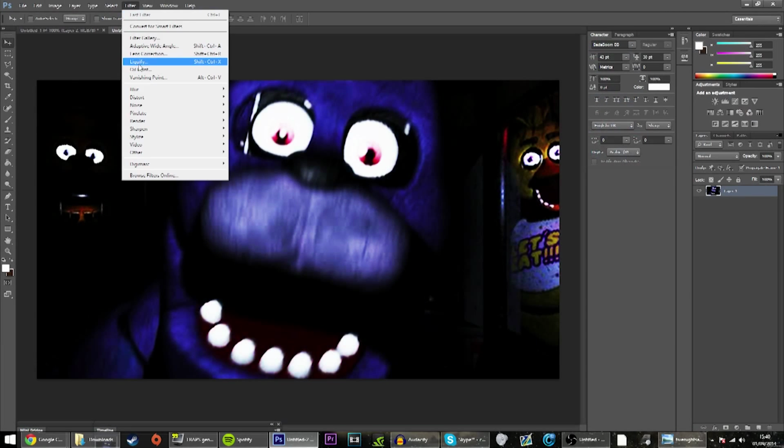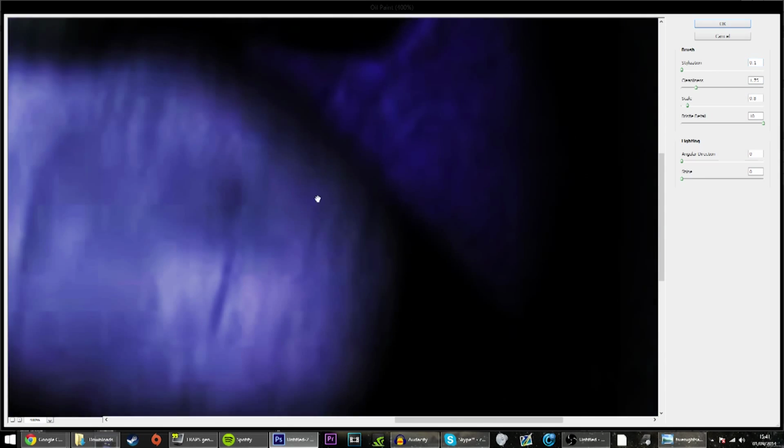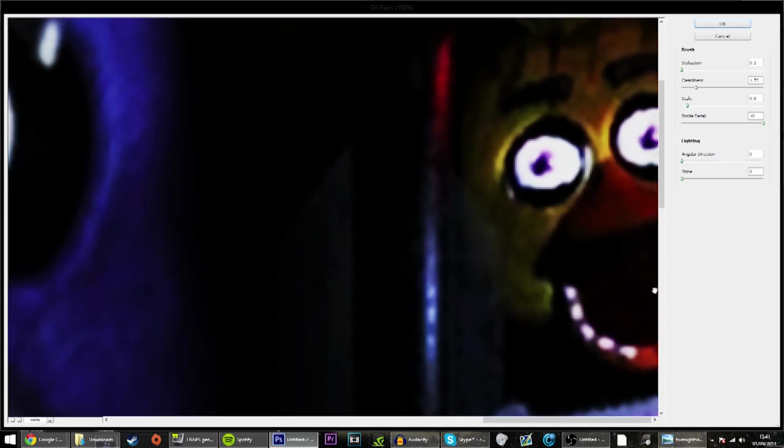or the one a lot of people use is oil paint. So if you've got a blurry image or a low quality image, go and put the oil paint filter on it, because it makes things look smoother. Sometimes you can overdo it and make things look weird, but if you just do a tiny bit, you can see in the corner here, I'll zoom in a bit, way too much of that. Alright, already look at this, look at the chicken's face, or whatever it is, and